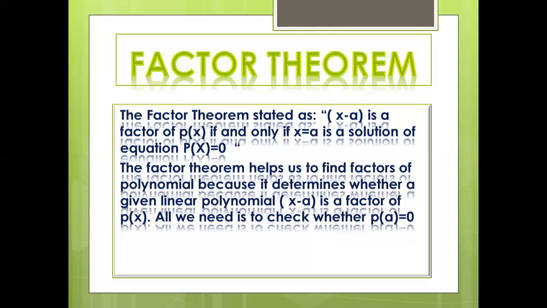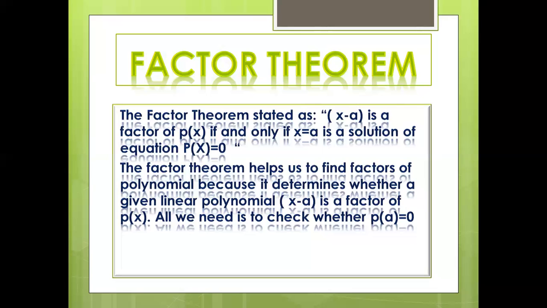The factor theorem helps us to find factors of a polynomial because it determines whether a given linear polynomial is a factor of p of x. Now all we need is to check whether p of a is equal to 0. So there is a main difference between the remainder theorem and the factor theorem. In the factor theorem, always the remainder should be equal to 0, and in the remainder theorem, we find a remainder